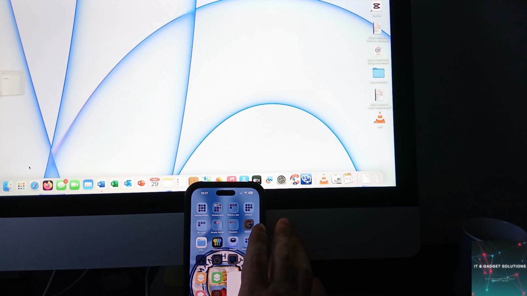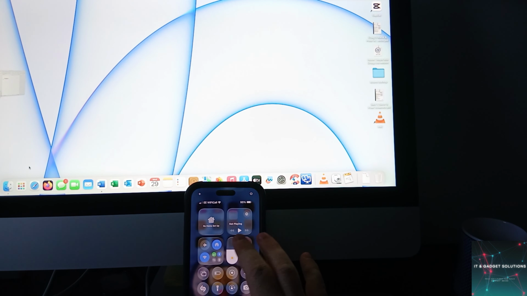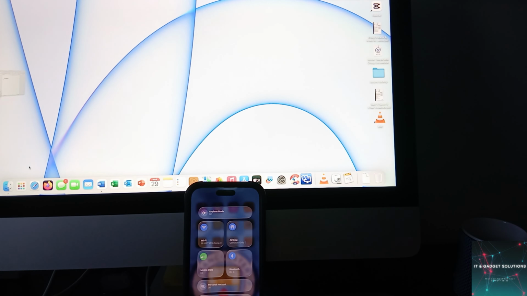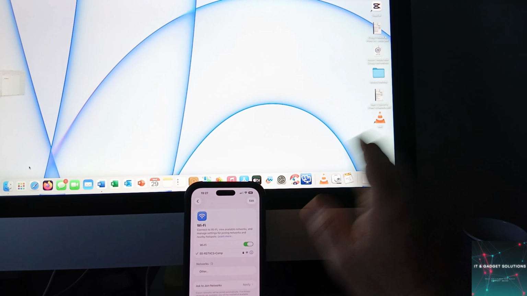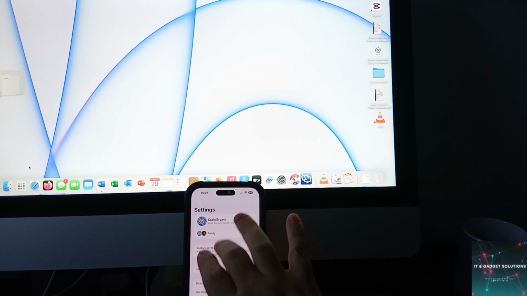So to find this out, you find your settings, you can pull it down from the top corner, and the quickest way is to hold down your Wi-Fi button. Again, go to Wi-Fi settings, which brings up the settings of your Wi-Fi, and then